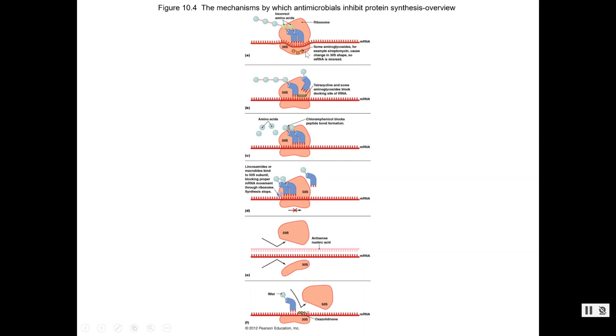All right, so here's streptomycin and other drugs like that. They will bind here. And you can see when they bind, instead of the mRNA going through smoothly, it actually creates kind of a kink in that. That interrupts my tRNAs. When they come in with their anticodon to match up to the correct codon on my mRNA